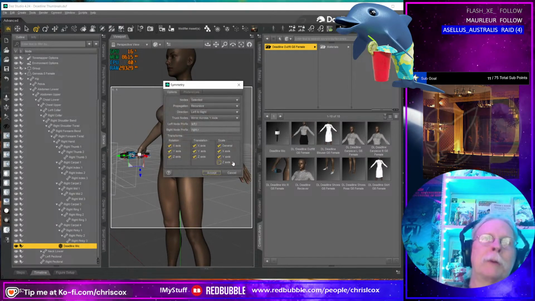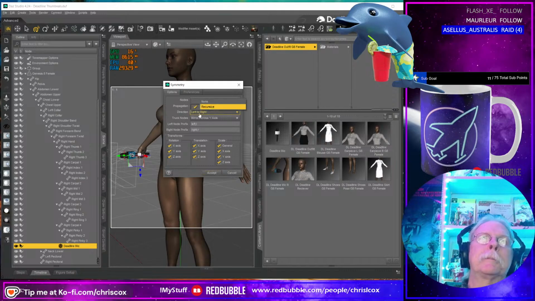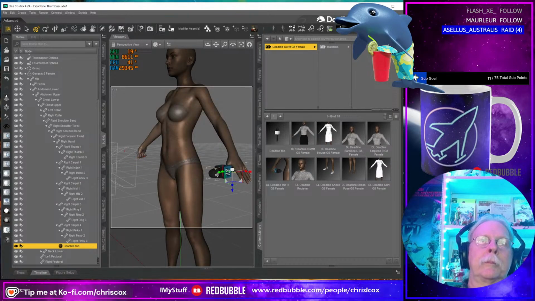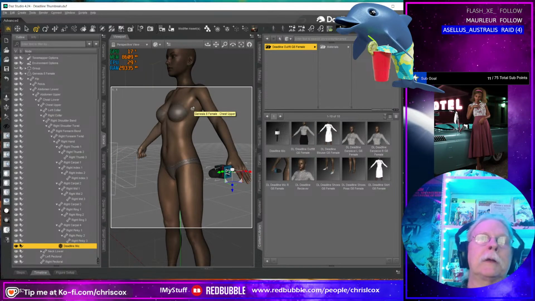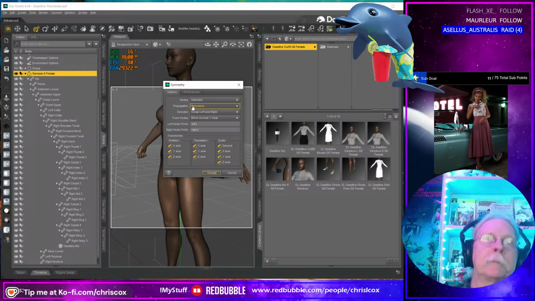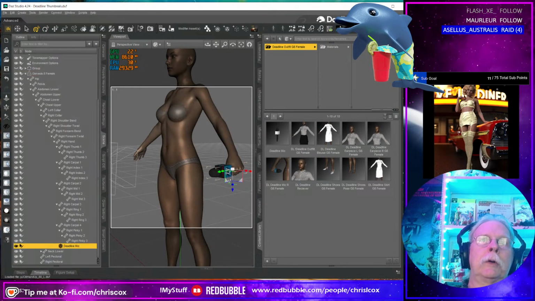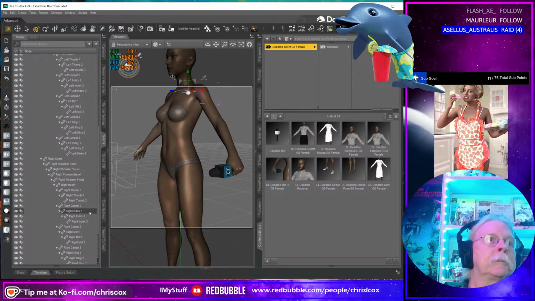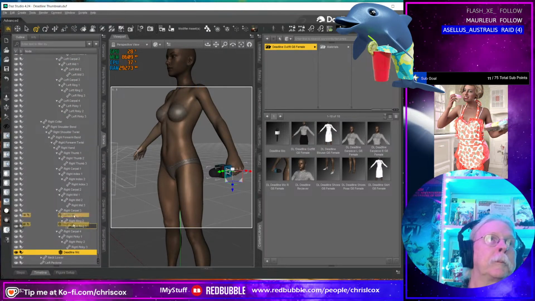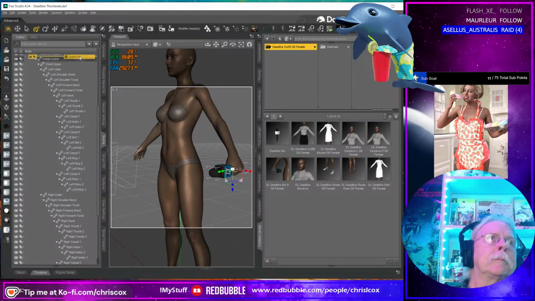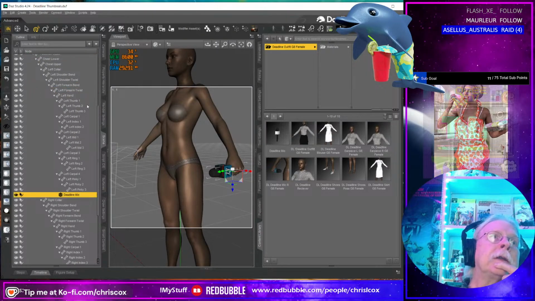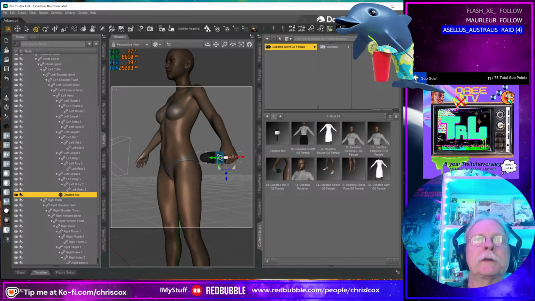All right, let's swap the pose. I selected them. Actually, I like that. That worked. Let's swap the pose on this. There we go. Let's put that mic into that hand. Somewhere here's a hand. There it is. All right, we're going to save that.